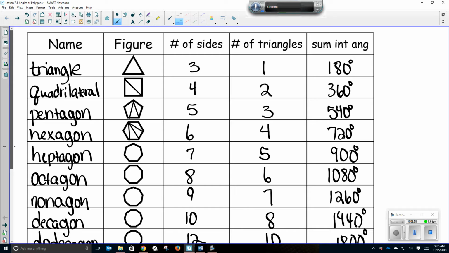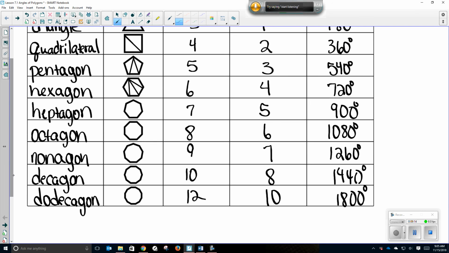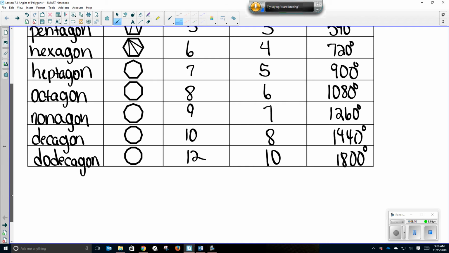Always 2 more sides than there are triangles. So if I take the number of sides and subtract 2 from it, then I can multiply that answer by what? 180? Because that's how many triangles we have. So are you telling me that the sum